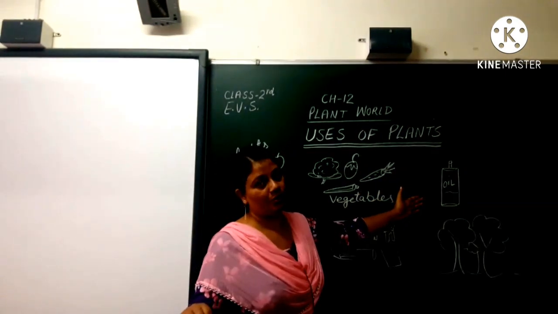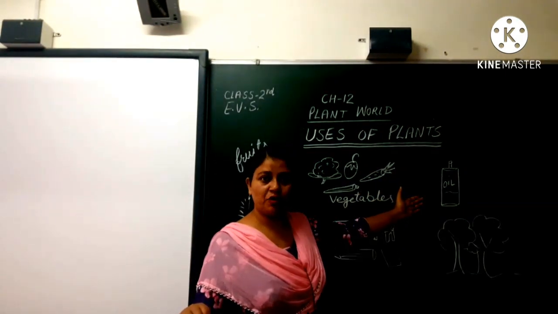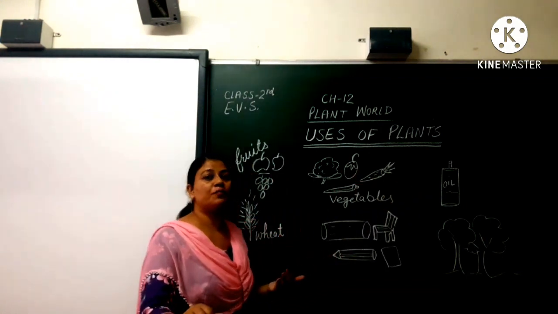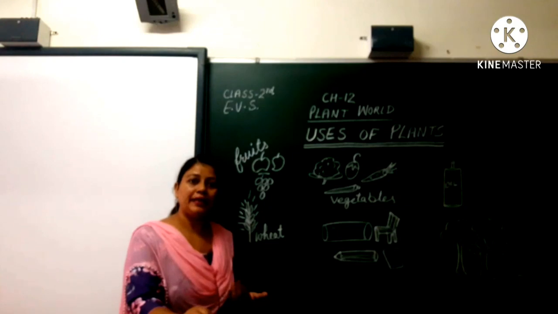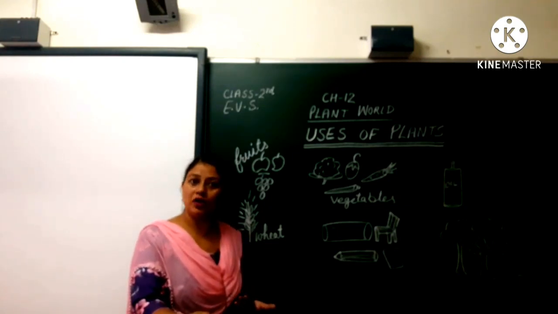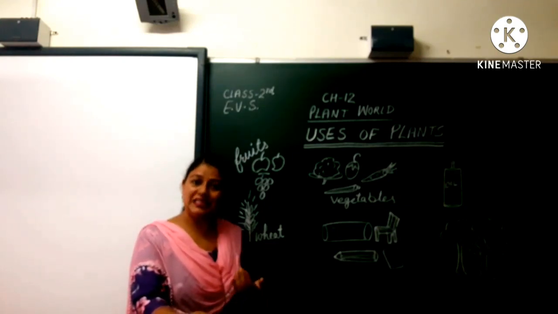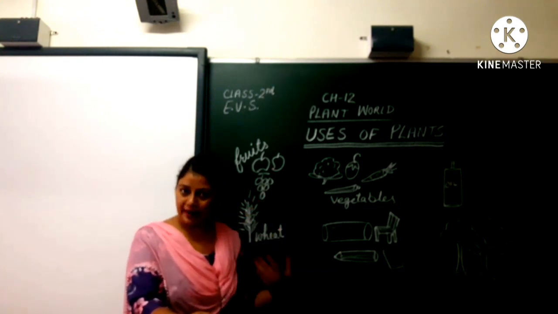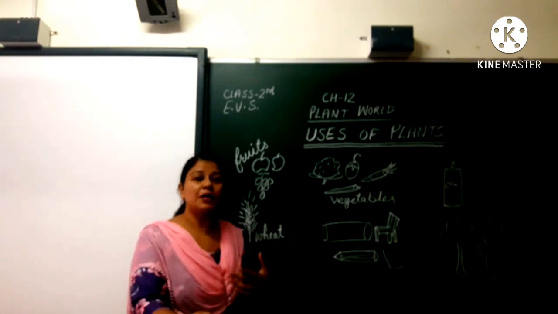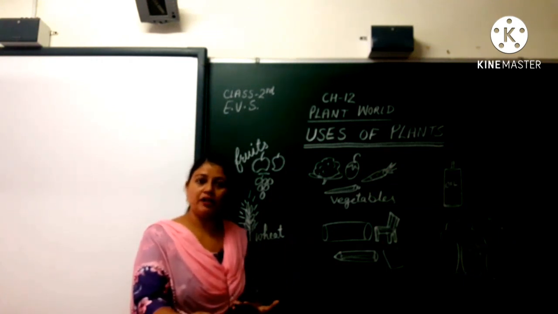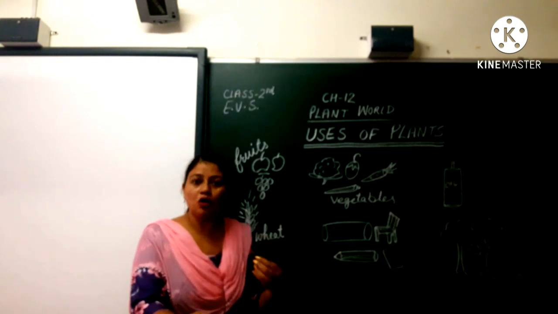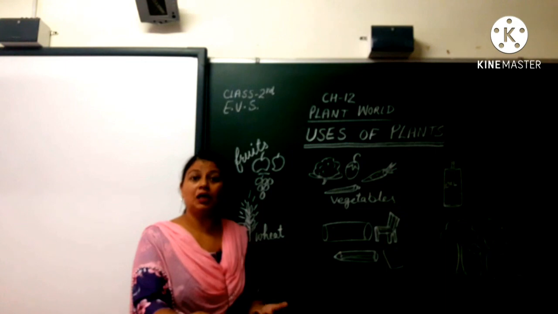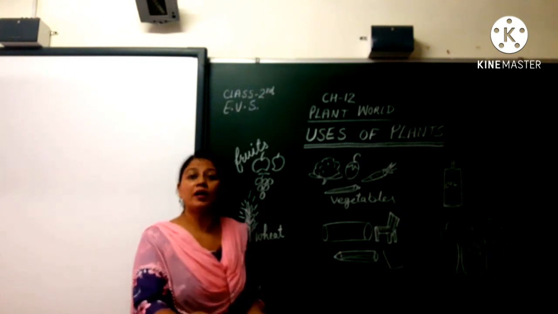Oil is also very important for us, for our body. So oil we get from the plants. Many oils like coconut oil. Coconut oil is eaten also. We apply it on the body also, and on the hair also. Coconut oil, mustard oil. You cook vegetables in that oil, and sunflower oil, groundnut oil, soya bean oil.